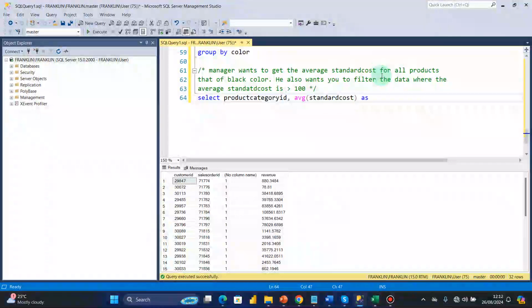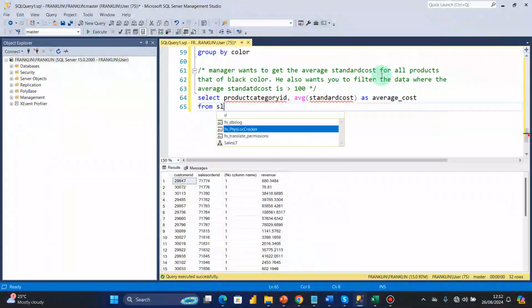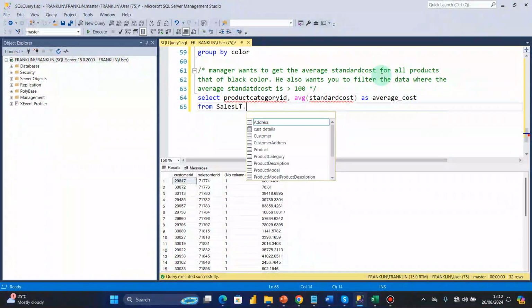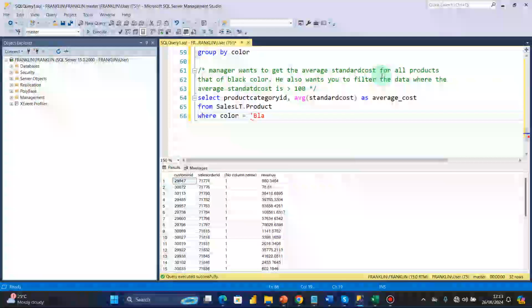Probably we'll call this average cost, and all these are coming from SalesLT.Product. Now it says that we want to return all products that are of black color. Here we can then say WHERE color is equals to black,